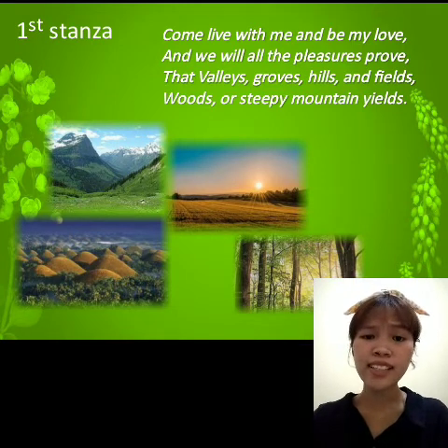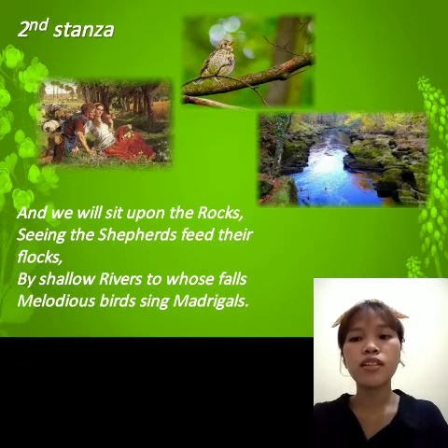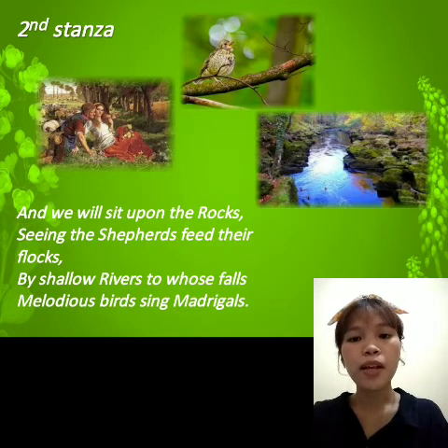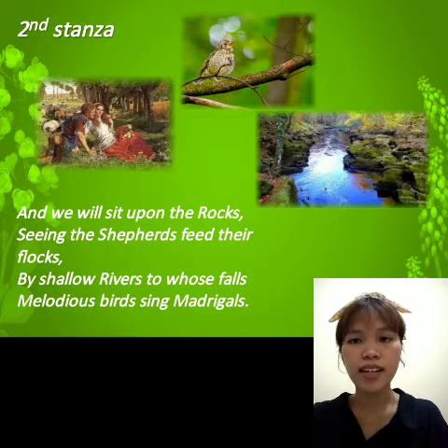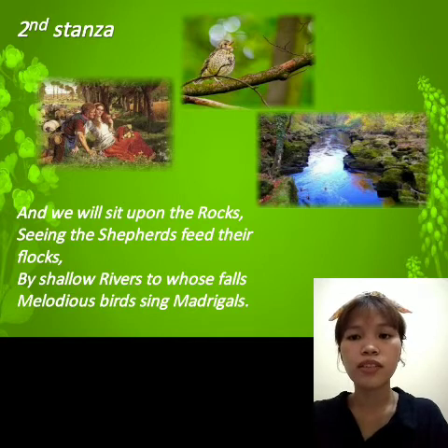In the next stanza, the second, it says: and we will sit upon the rocks, seeing the shepherds feed their flocks, by shallow rivers to whose falls melodious birds sing madrigals. So in this stanza, the shepherd promised his love that they will sit upon the rocks. They will see shepherds feeding their flocks, shallow rivers with falls, and melodious birds that sing